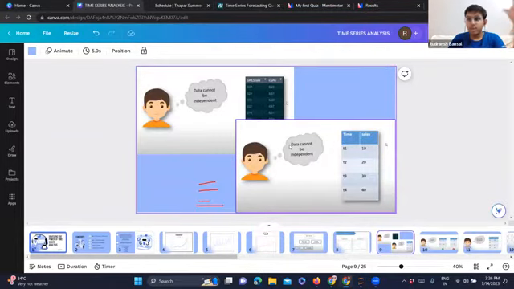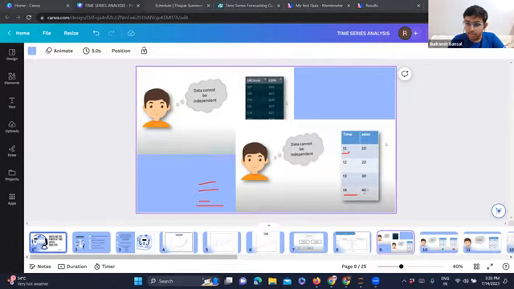So what are the specific features of time series data that we need to look for before applying time series? As I said, these data cannot be independent of each other. If this is a certain data at a certain time, this will be dependent on the previous records. It will not be completely independent. It will be dependent on 12 records, 20 records. It will be dependent on different records with varying degree. It may be dependent with a high degree on certain records, with less degree on certain other records. But it has to be dependent on the other records.